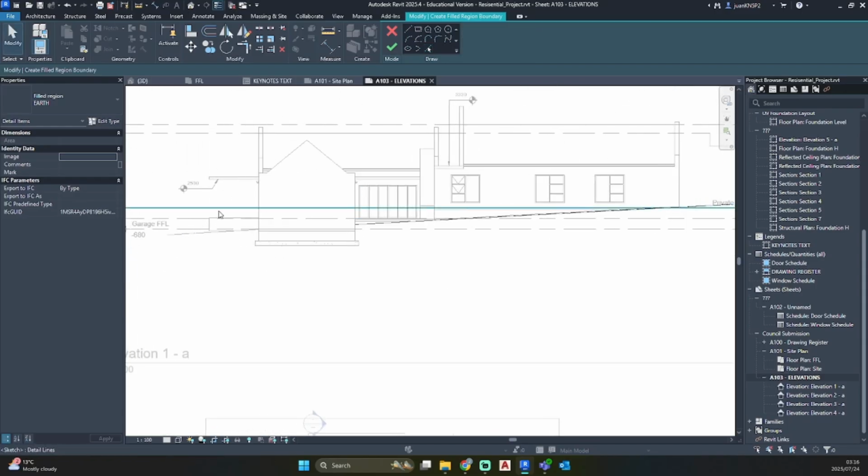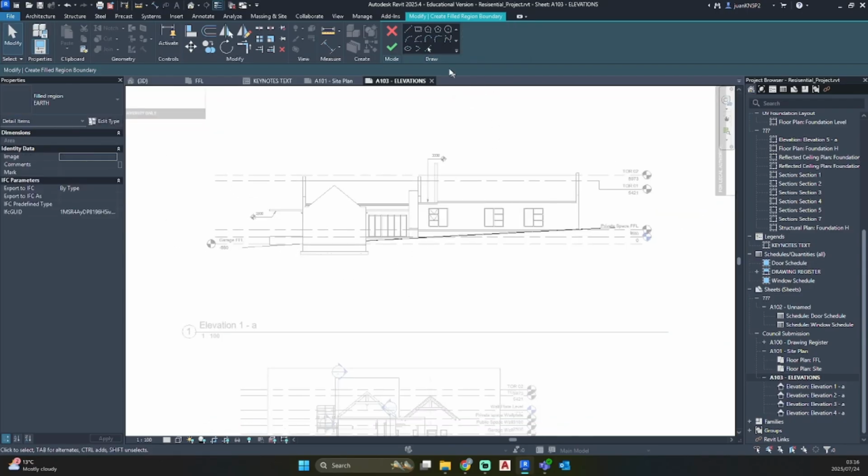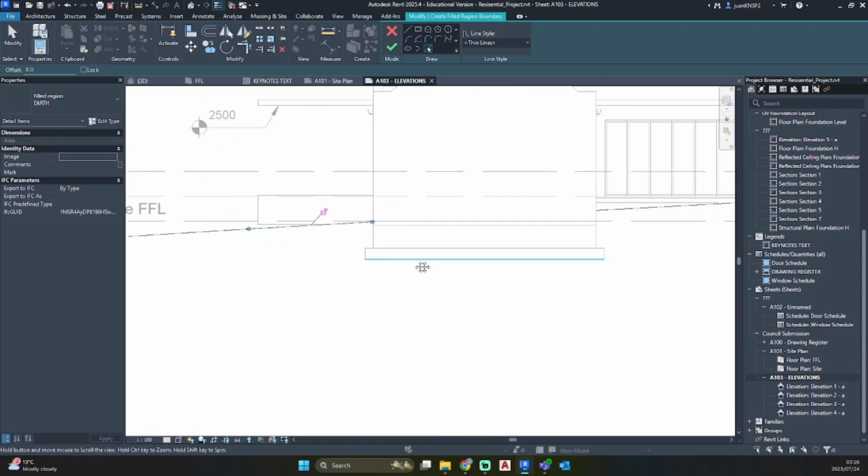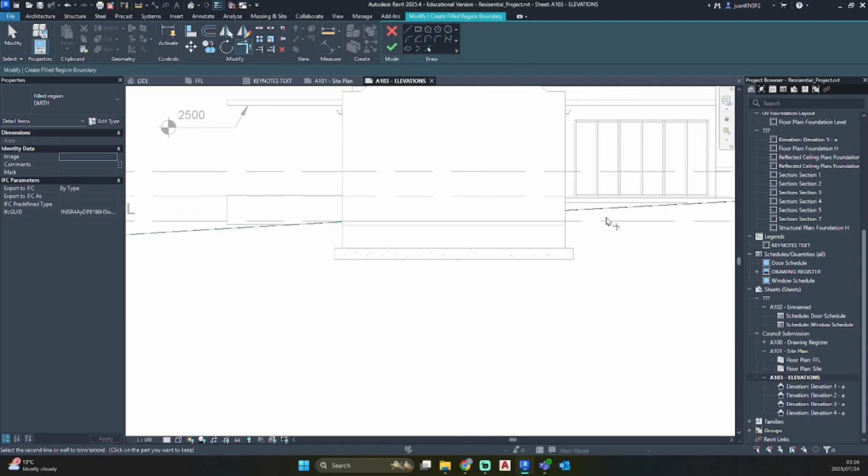Okay, see here it essentially made a different line where I don't need one. So I'm just going to create another one over here. Trim and extend to connect those two lines. Going to do the same this side.